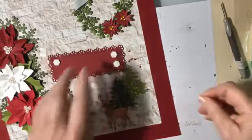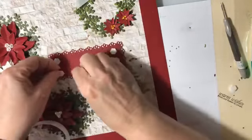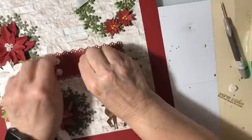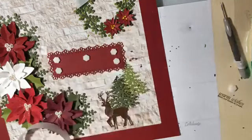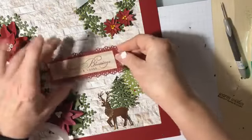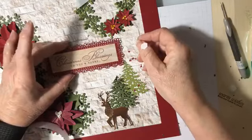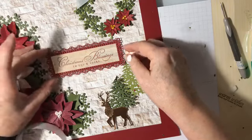So, okay. So I'm just going to attach this with dimensionals. It was a cute idea, but it already looks like a sign hanging. It doesn't even need to show the cord that it's hanging on. And I'm going to just go right in the middle here. Just like that. I just want to make sure that it's